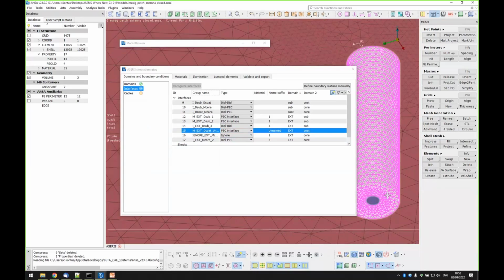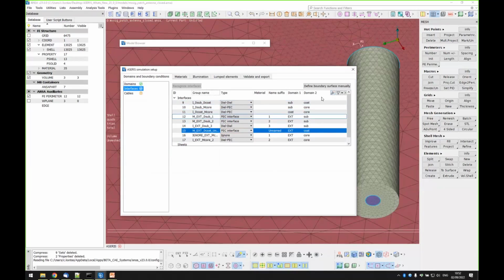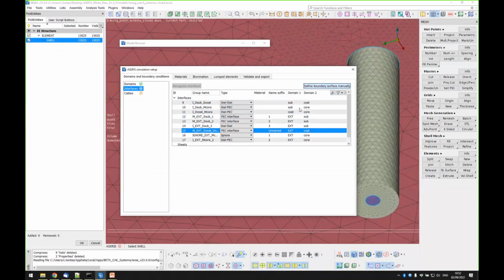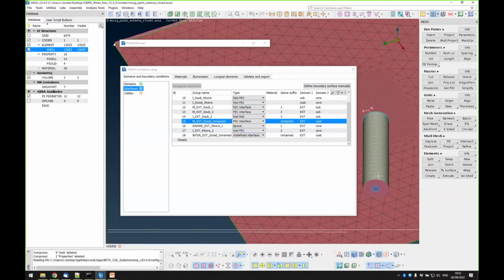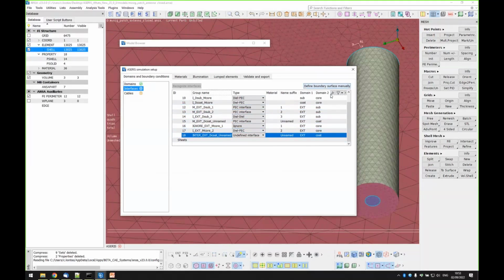But now we have another problem. We don't want this opening to be metallic. So in order to do this, we can define a part of the surface as a different boundary condition. So we go to define boundary surface manually. We go to the selection according to feature area. We select this. And now we have a different boundary here. And we say, okay, this is the opening of the waveguide. We want it to be a model surface. And now we have completed the definition for this model.